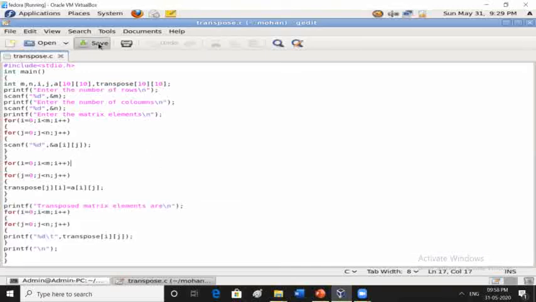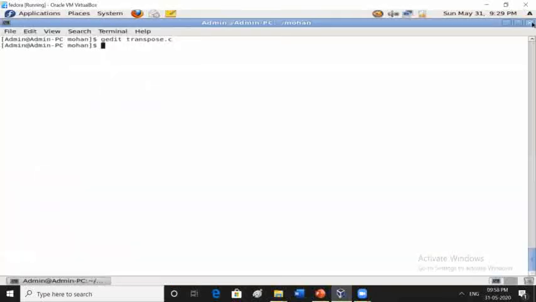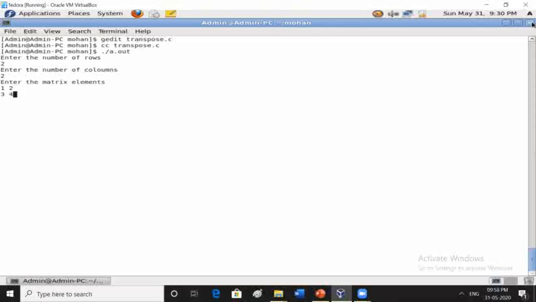Again I will save this code, I will execute. cc space transpose.c for compilation. Enter the number of rows, 2 columns. Okay, 1 2, first row, 2 columns, then second row, again 3 and 4, 2 columns.